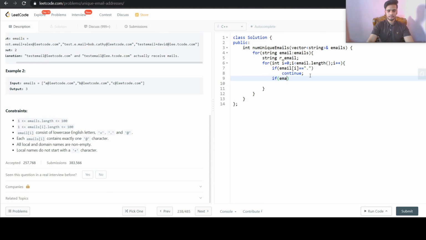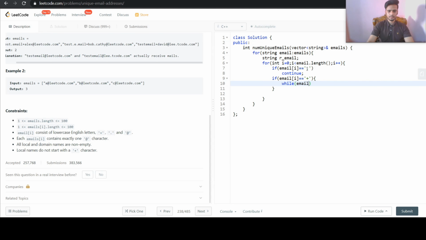So if email of i is equal to the plus symbol, then what we need to do is create a while loop.